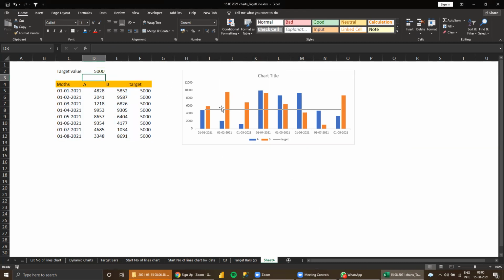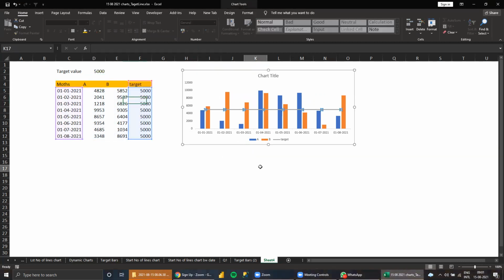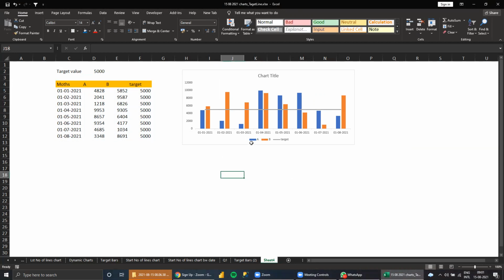So this is the target line we place in the chart. The other method I was trying, I'll show you in the next session. I don't know why that is not happening. The line chart works, but the XY scattered is not appearing. I'll tell you. Okay. So this line chart, understood this one.